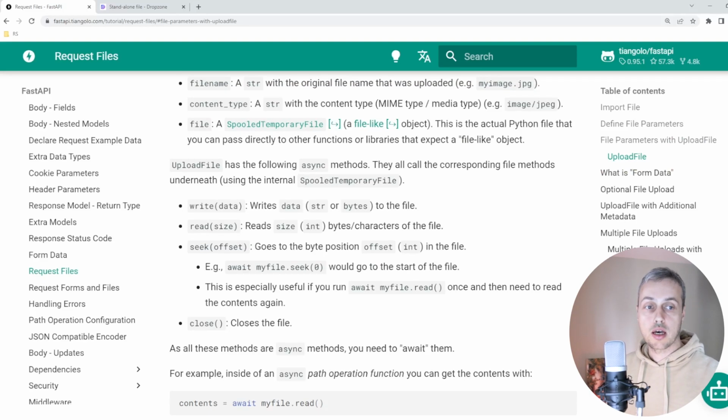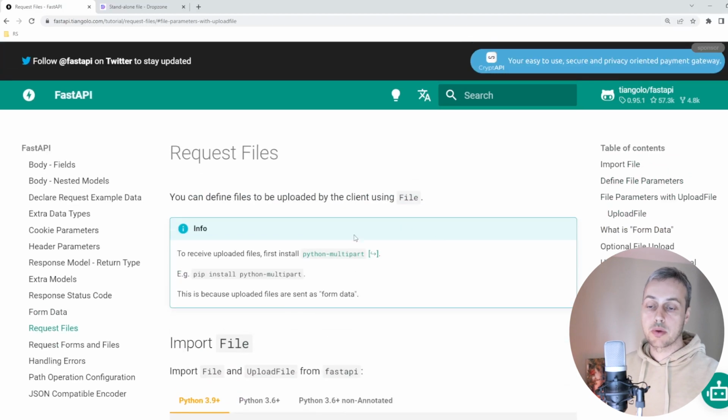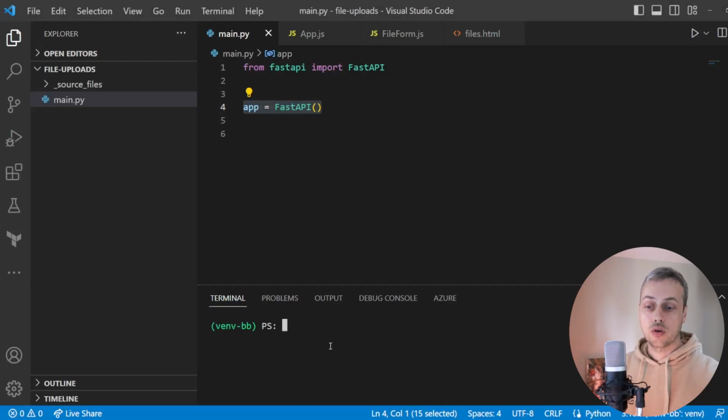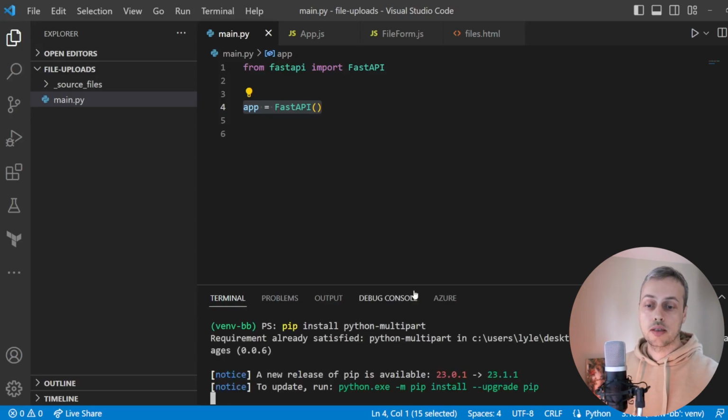So what I'm going to do to start with is I'm going to scroll back to the top of this page because it contains this important information here. To receive uploaded files in FastAPI, we need to install this library called Python multipart. So I'm going to copy the pip install command, and I'm going to go to VS Code, and in the terminal where I've got a virtual environment activated, I'm going to paste in that pip install command, and as you can see it's already installed on my computer, but you will need to install that